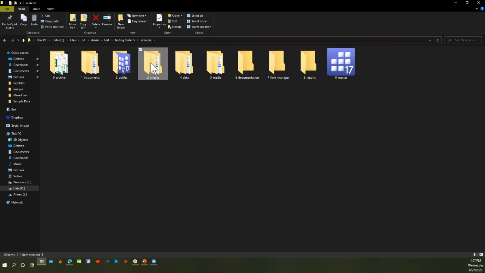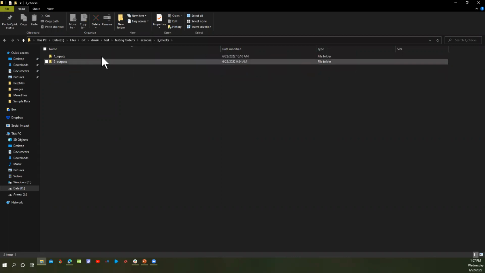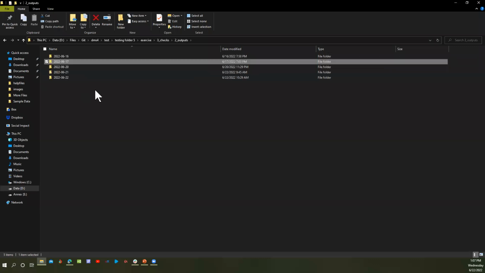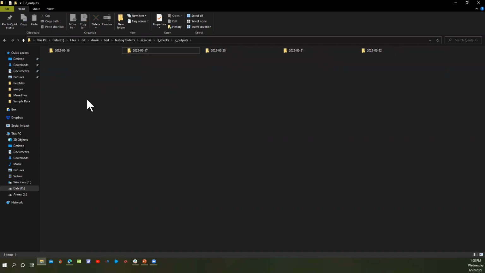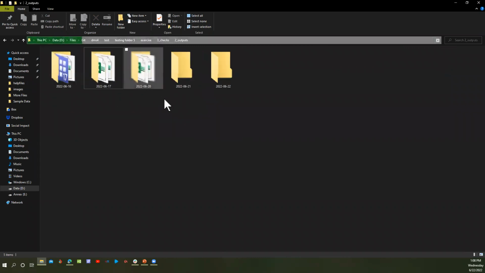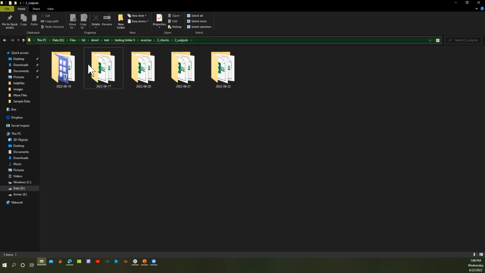We have a checks folder, which is where your checks go. You have a checks input folder where you have your corrections file, your HFC inputs file, and your specified recode file. And this is where you do the setup that is needed. Then you also have your check outputs folder, which contains the outputs for the different days that you've run. So if you come in here, I ran this specific one a couple of times. You would see that we have the different dates. We have a folder for each of the days that I already ran it. And we have the files in there.